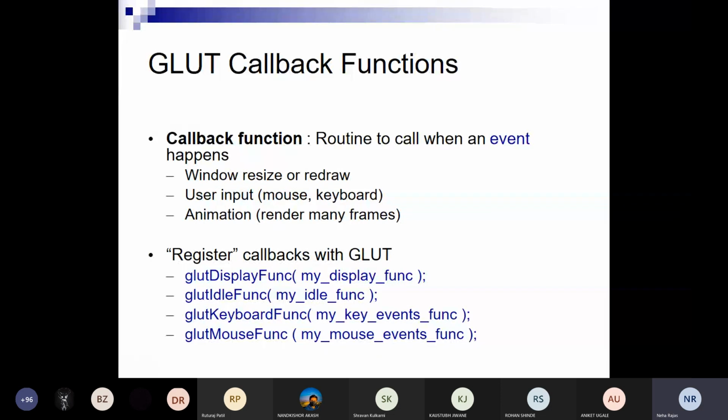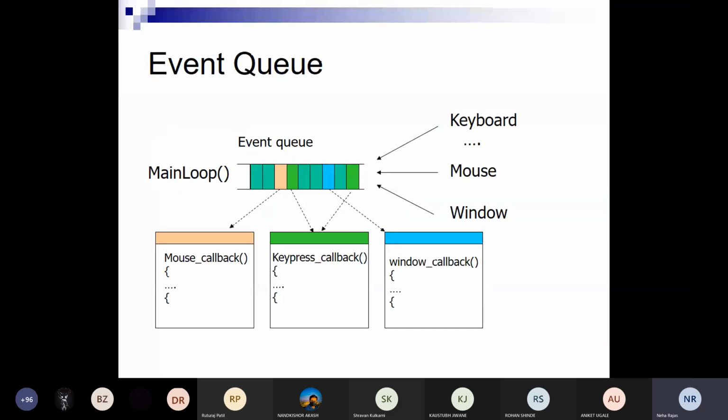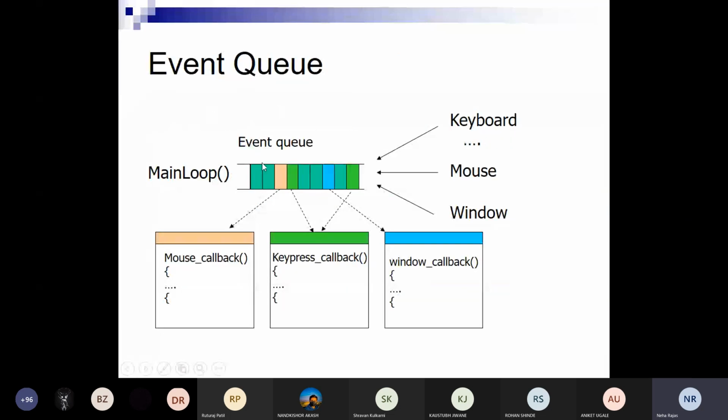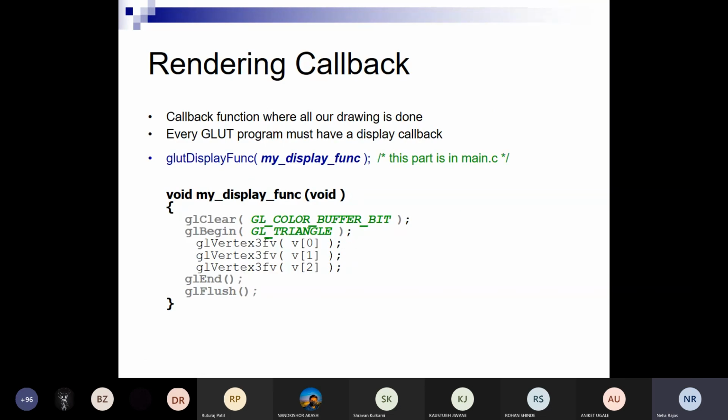So what is the event queue? This is the main loop. This is the event queue. और यहाँ पे हमने लिखा है कि mouse callback, key press callback and window callback. So all these are the different operations which we are going to perform on the window or any programming. So what is the rendering callback?